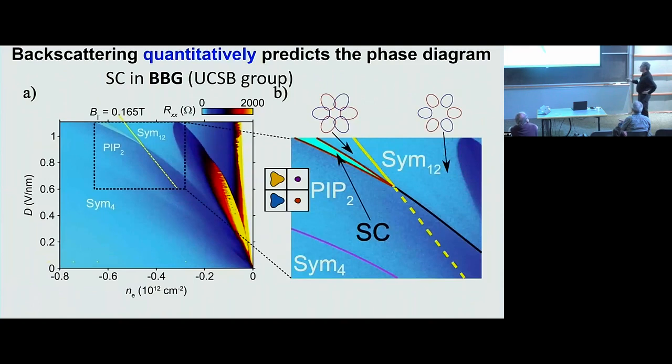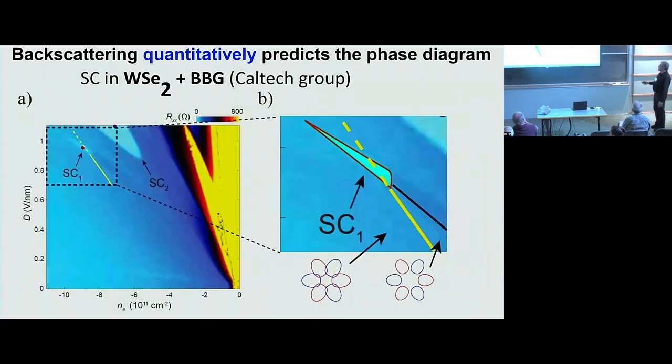Furthermore, one can do more analysis. One can actually take known values for all these parameters for the band structure and draw lines at which this topological transition happens, and the Fermi surface is restructured from this to that. And surprisingly enough, with no fitting parameters, one gets a phase boundary that goes exactly through the superconductivity termination point. I can explain to whoever is interested exactly how the calculation was done and what parameters have been chosen, but there